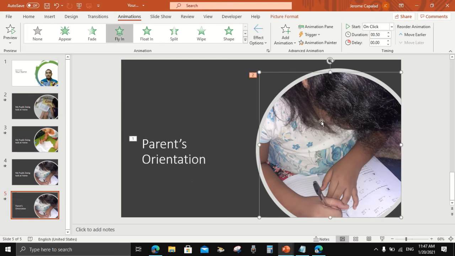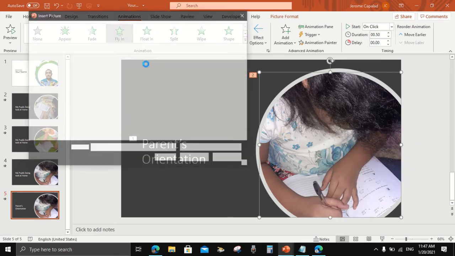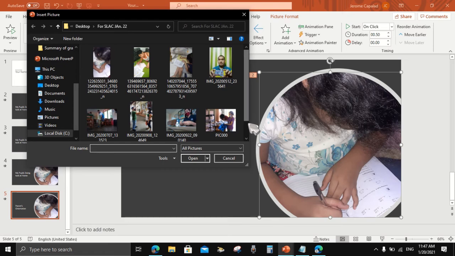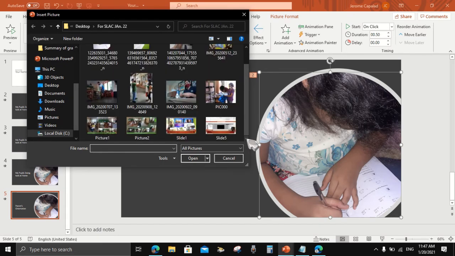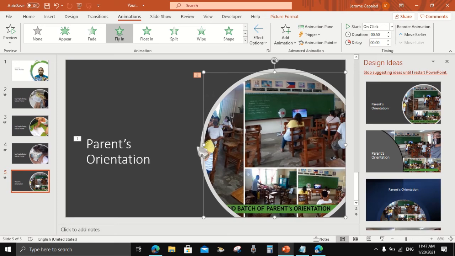Okay, and then I would like to change the picture from file again, then choose the picture for parents orientation. I have here this picture of my second batch and first batch picture. As what you are seeing, the picture is not clear. So I have to change